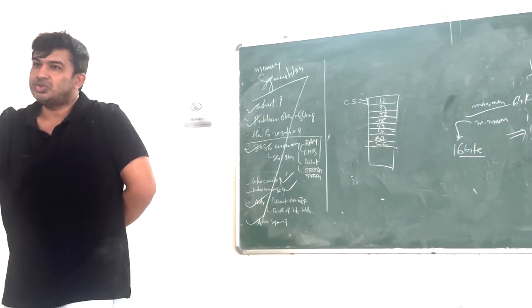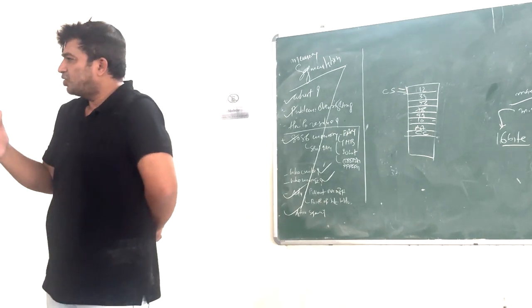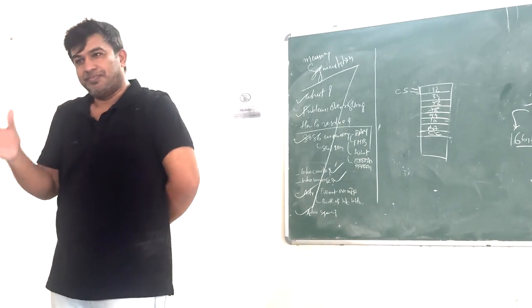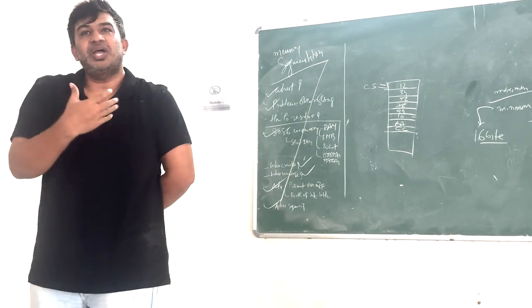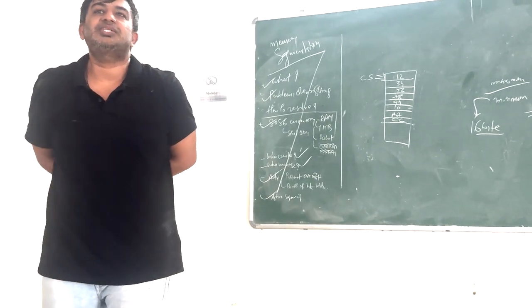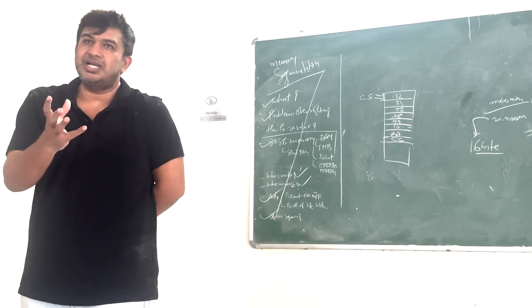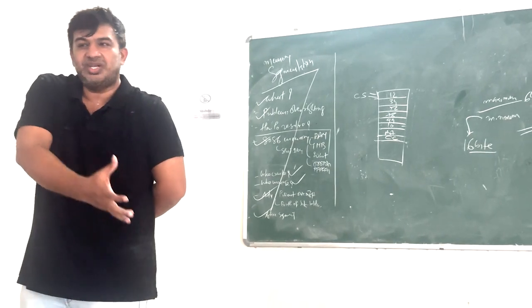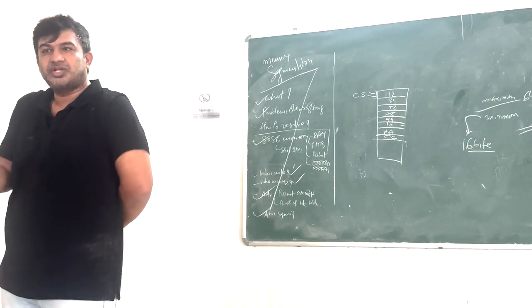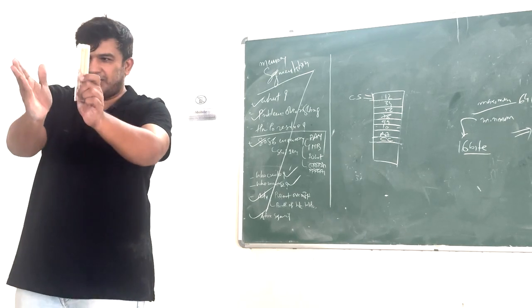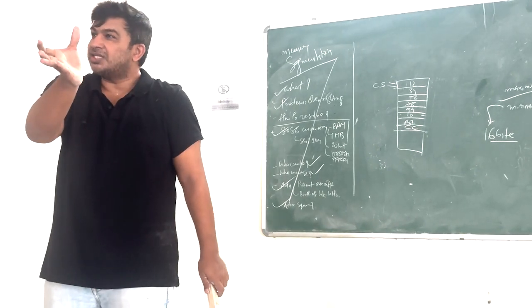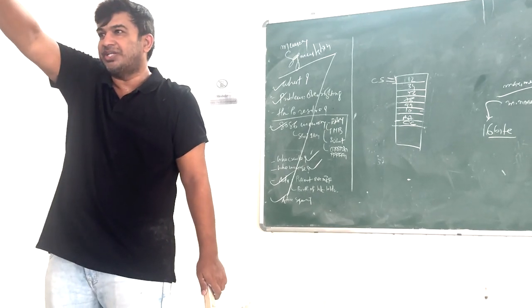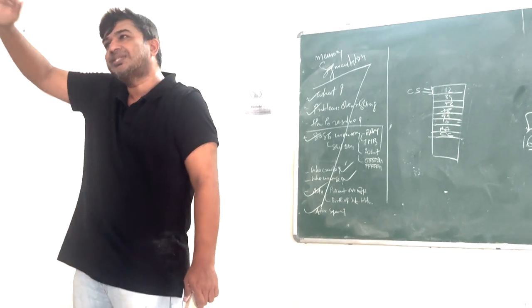Why do we need a virtual address? Because one physical address is of 20 bits. It is not byte compatible, plus 8086 is a 16-bit microprocessor. Everything which is available in 8086 is of 16 bits. We can't handle 20 bits of data. That's why we need a virtual address. So we have created the virtual address. What is a virtual address? Segment address colon offset address. The segment address is the starting location of one segment. The offset address is the distance from that starting location.